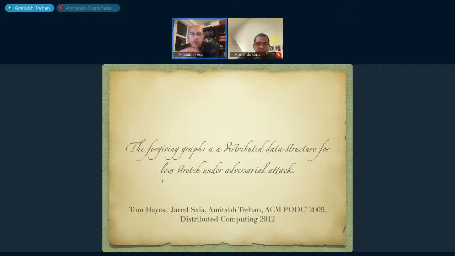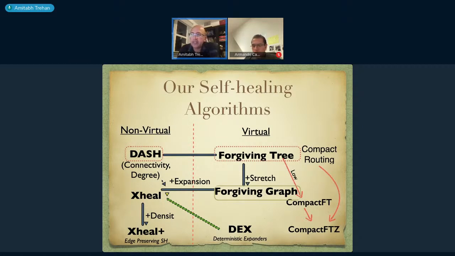So now we'll look at an extension of forgiving tree, which is the forgiving graph. This was a paper, The Forgiving Graph: A Distributed Data Structure for Low Stretch under Adversarial Attack, in PODC 2009 and Distributed Computing 2012. All right. So now we have looked at DASH and forgiving tree. Hopefully you noticed that DASH was not using virtual nodes. Forgiving tree was. Now, forgiving graph is an extension which tackles stretch, which is actually a much stronger property than